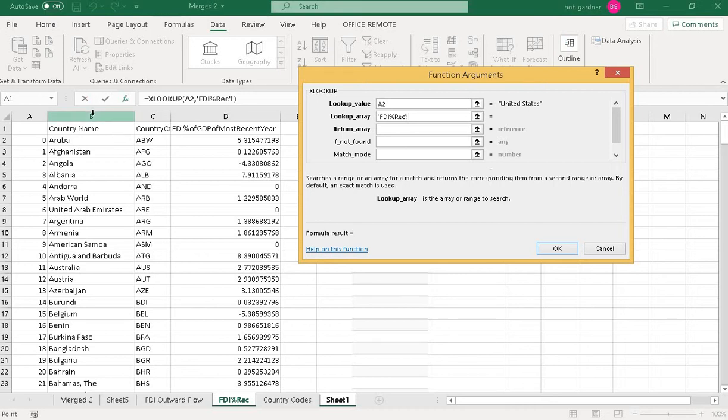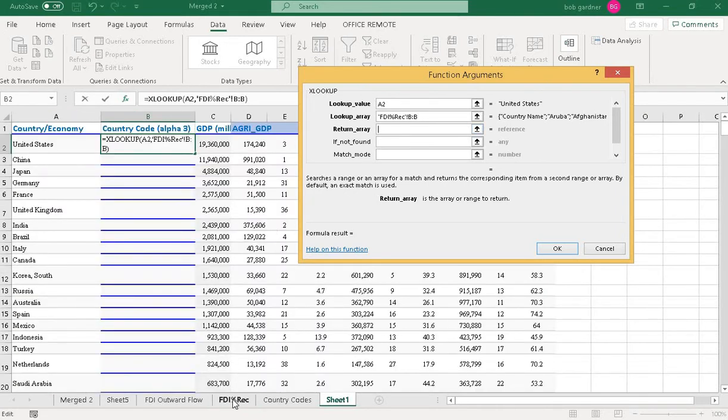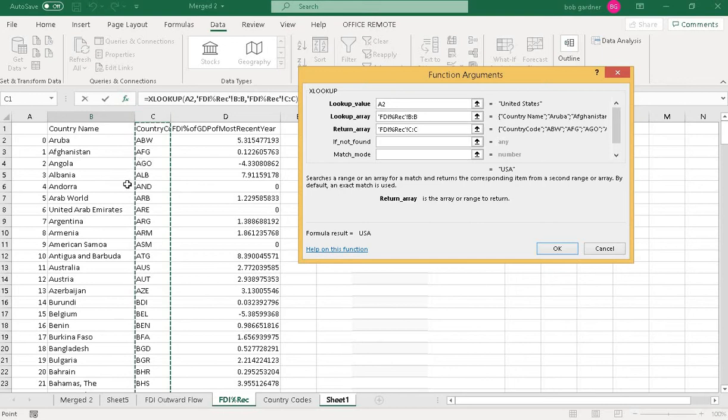I'll go ahead and select the whole column. Make sure that the lookup array and the return array have the same size. Because I have selected the whole column for the lookup array, in the return array I will need to select the whole column. If I am selecting the top 20 rows, then I need to select the top 20 rows in the return array also.